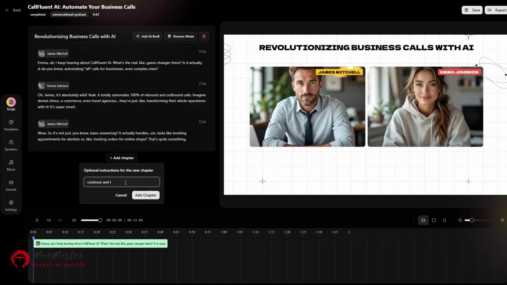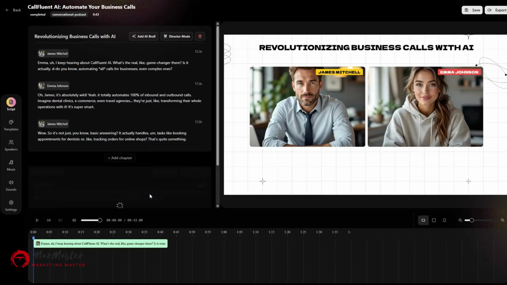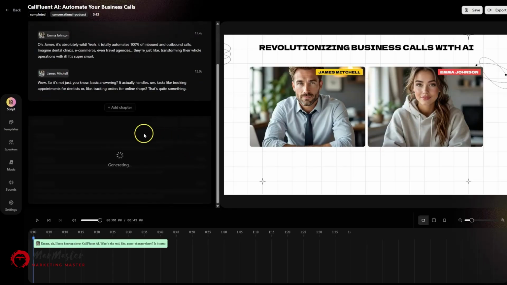And there's more to it because we can add new chapters as we go. So we can say, continue with talking about the benefits of automating calls, how much time and money businesses actually save. And we can just click add chapter, and boom, just like that, we're going to be generating the next chapter